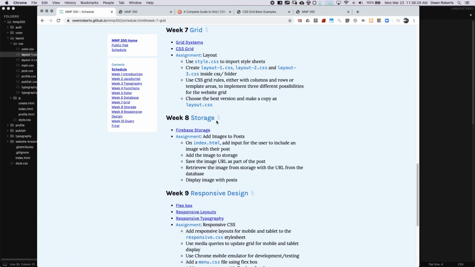So pretty much similar to what we've done in past weeks with our CSS projects. You can create 3 different layouts, layout 1, 2, 3. You can choose by using either the columns and rows or the template areas, whichever you prefer. And then eventually we'll decide which one you like best, and we'll save that as the main layout.css. Once you finish that, that will be due next week, I think next Wednesday. And we'll put those on a discussion board on Blackboard, so you guys can give feedback. For everybody's post, you can just add it on there, and then everyone can say something about which layout they prefer,